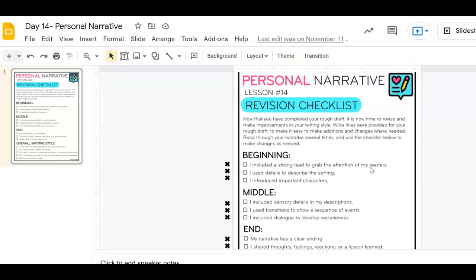Okay? Then I'm going to look at this revision checklist page, and I'm going to look to see at the beginning of my story, I'm going to make sure I included a strong lead to grab the attention of my reader. If I did that and it's there and I like it, there's some little X's on the side here. You can